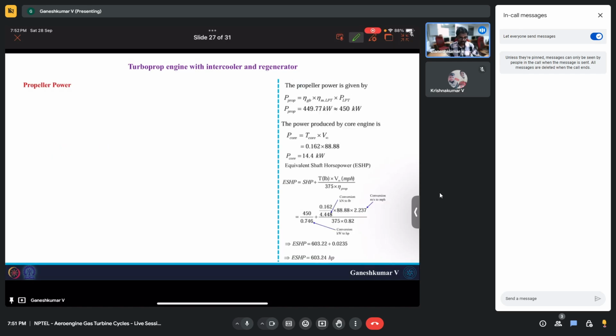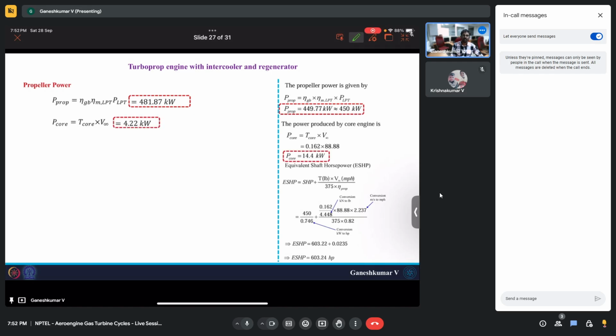Okay. Now looking at the power, what is the total propeller power? I mean, it is the power given to the propeller. So that will be, as I said, simply eta GB, eta M LPT times the power generated by the LPT. So that is around 481.87 kilowatt. And now the power produced by the core engine is around 4.22 kilowatt. So the equivalent shaft horsepower you can find out. That is nothing but the shaft power, which is P propeller plus this, which is a shaft power